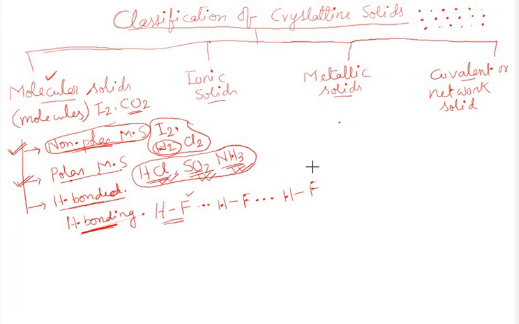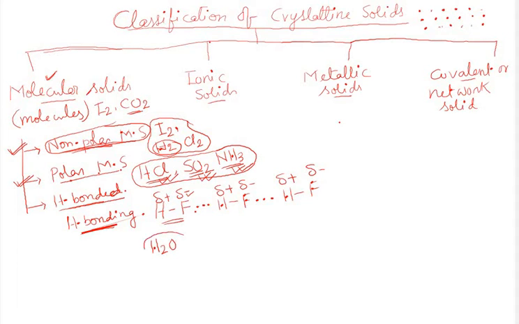Obviously you have delta minus charge on fluorine and delta plus charge on the hydrogen, because fluorine has more electronegativity. So here the fluorine will have delta minus charge and the hydrogen will have delta plus charge. So here the strong hydrogen bonding is operative in between the molecules. Another example, say water,